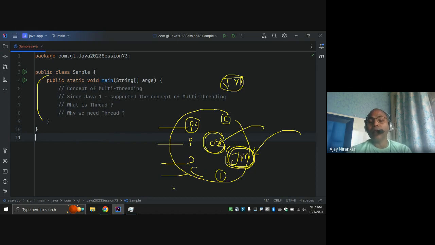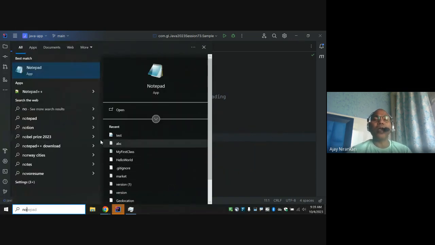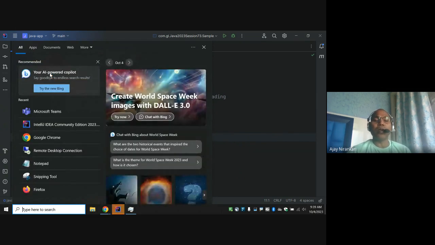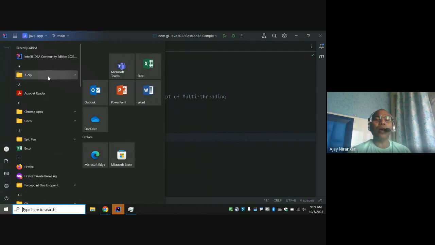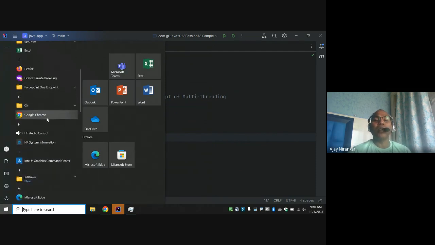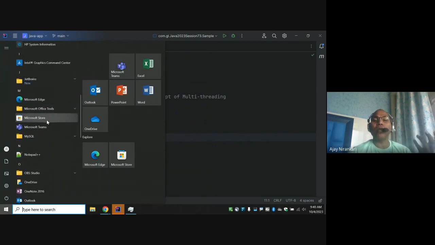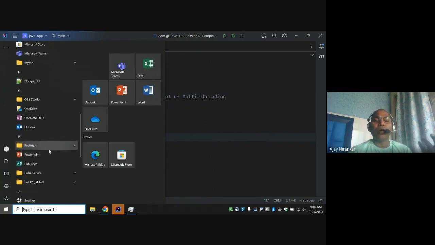Like IntelliJ is one process, Chrome is one process, Notepad is one process, Remote Desktop is one process, Microsoft Teams is one process, Word is one process, PowerPoint is one process.